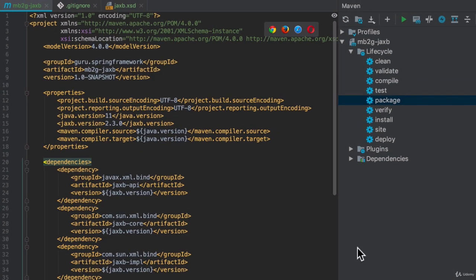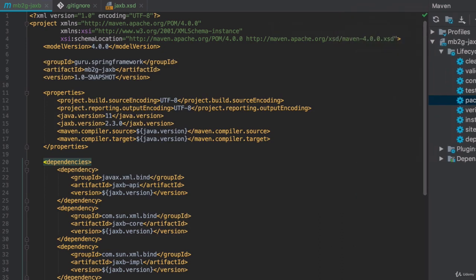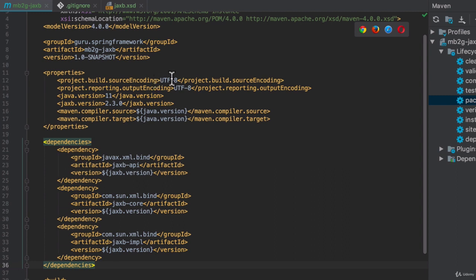And I don't think everybody wanted to watch me type all that out. So these are standard properties. We're adding in encoding for UTF-8. That's always a good habit. Java version 11, and we can see for some reason it defaulted to 1.5. And by default, the compiler is going to do 1.6. I'm not quite sure where 1.5 came from, but now we are going to explicitly say Java 11